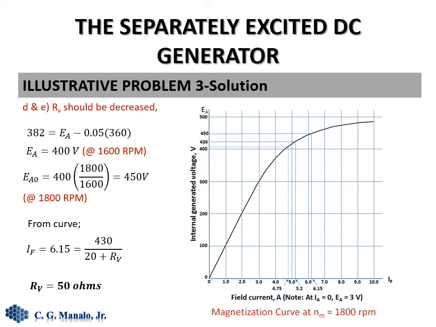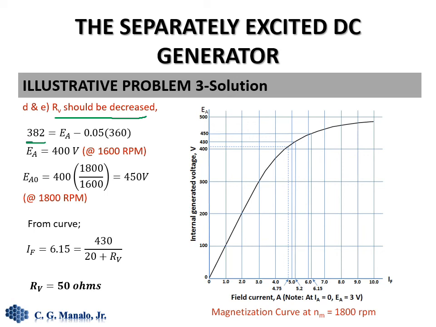For letters D and E, the question is what should we do to restore the terminal voltage to a value the same as the voltage when there was no load. We do this because our terminal voltage has decreased so badly that we need to increase it. So the way to do that is to decrease the value of R sub B. So to compute for the value of R sub B,